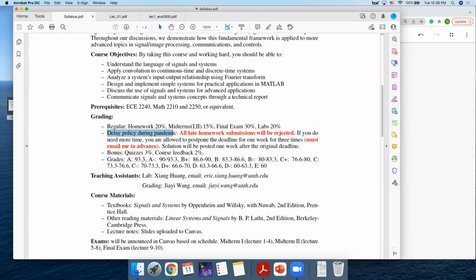And in the end, this is the overall grading policy, the grading criteria. I will strictly follow this criteria. I think you have the chance to collect a lot of bonus points in the exams, the quiz, and the feedback. Over the past years, most students can get something around B+. And in fact, many of them can get A.